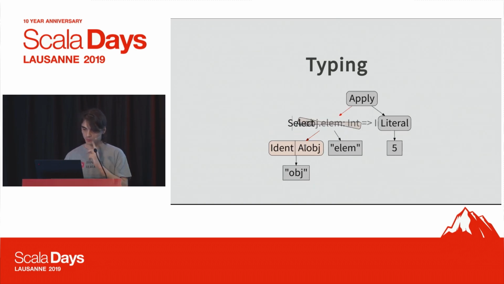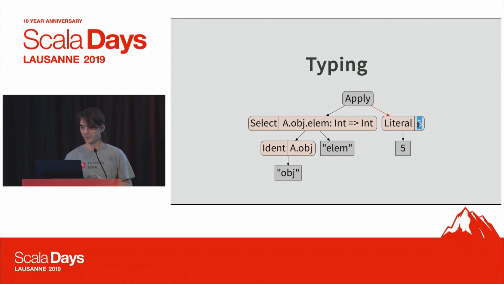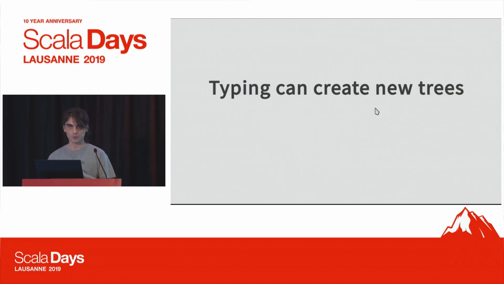to type the select. So to type the select, we need to look for some field called lm in a.obj, and it's going to get a type like maybe int to int. And once we have this information, we can then type the apply node by first typing the constant 5. And the type of 5 is 5, because we have singleton types for literals. And we then can very easily see that by applying this thing to that thing, we must get an int. And there's one very big thing I've glossed over here